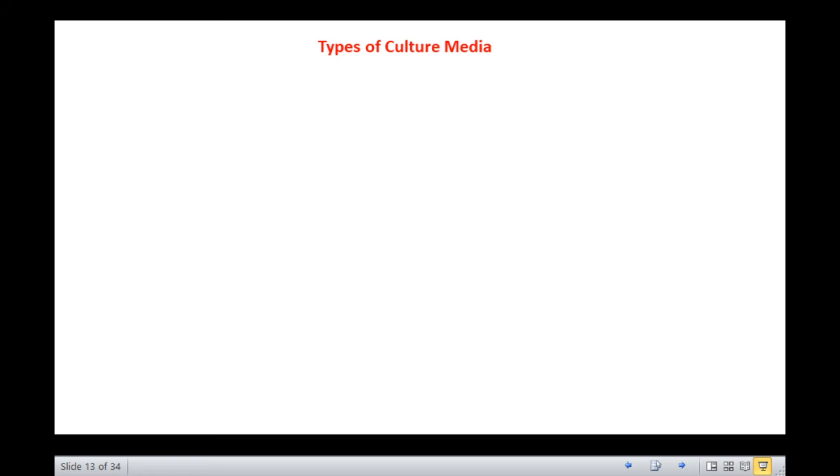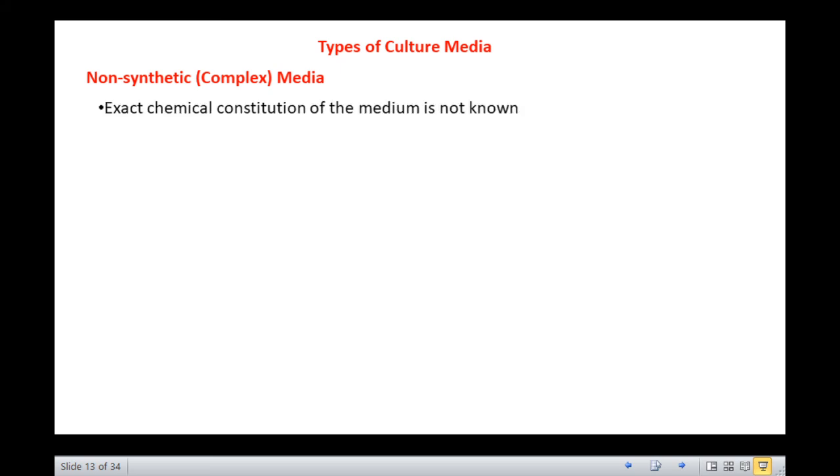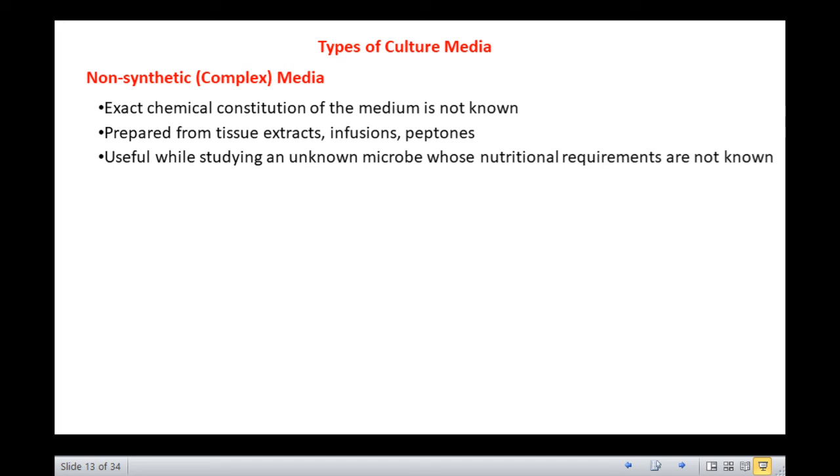Let us now discuss the non-synthetic or complex medium. Complex medium is one in which the exact chemical composition of the medium is not known. It is usually prepared from tissue extracts, infusions, peptones, etc. It is particularly useful while studying an unknown microbe whose nutritional requirements are not known and hence a defined medium cannot be constructed. Complex media provides for all the nutritional requirements as it is a very rich medium. The common constituents of complex media are